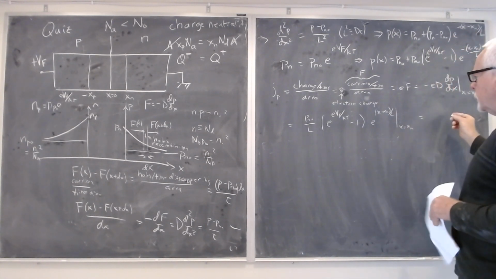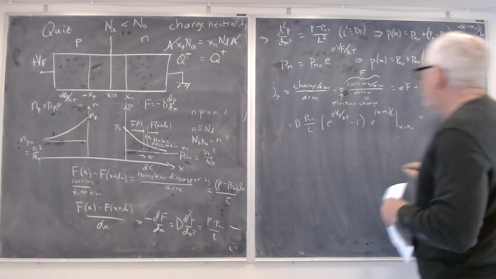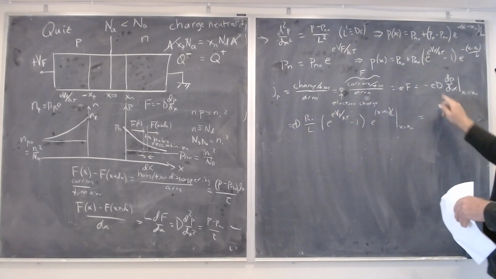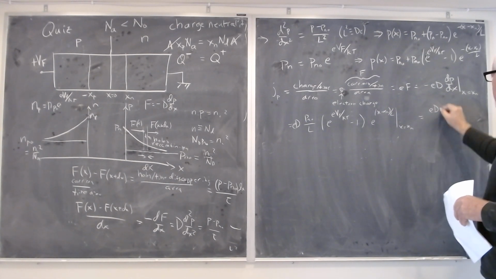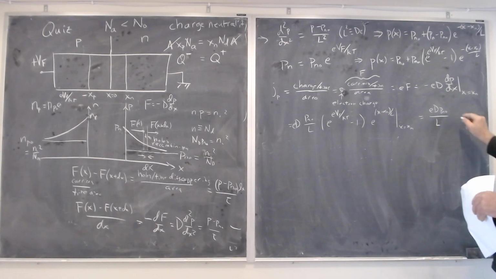So that just is equal to, and I forgot a D and an e, e D Pn0 over L times e to the